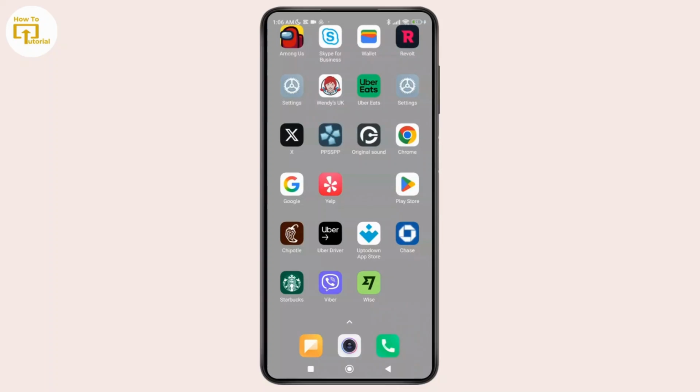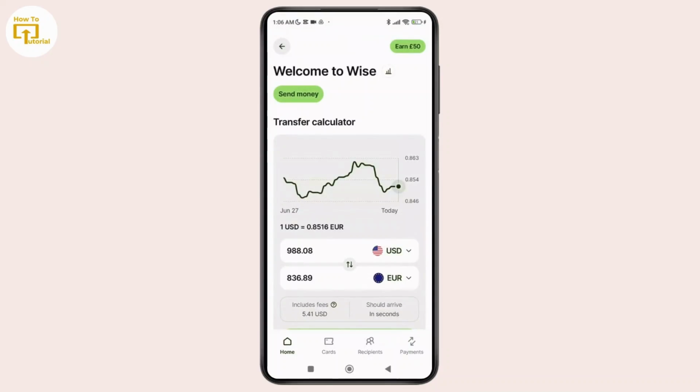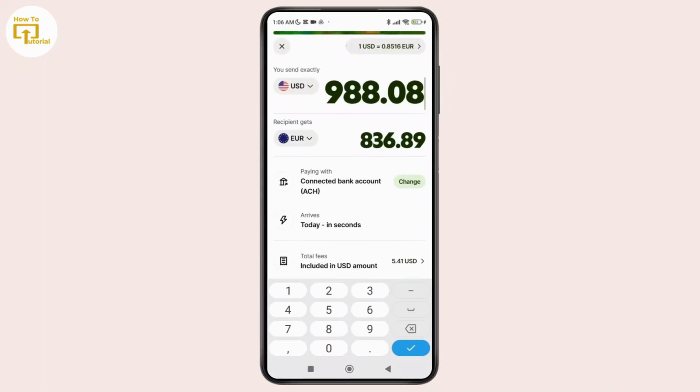So first things first, open the Wise app on your phone and make sure that you're logged in with your account. And now, once inside the app, you can just tap on the home screen or the request button, and there you can also find this option inside any currency balance you have opened. Here you can enter the amount and choose the currency that you want to get paid in, and add a note like dinner share